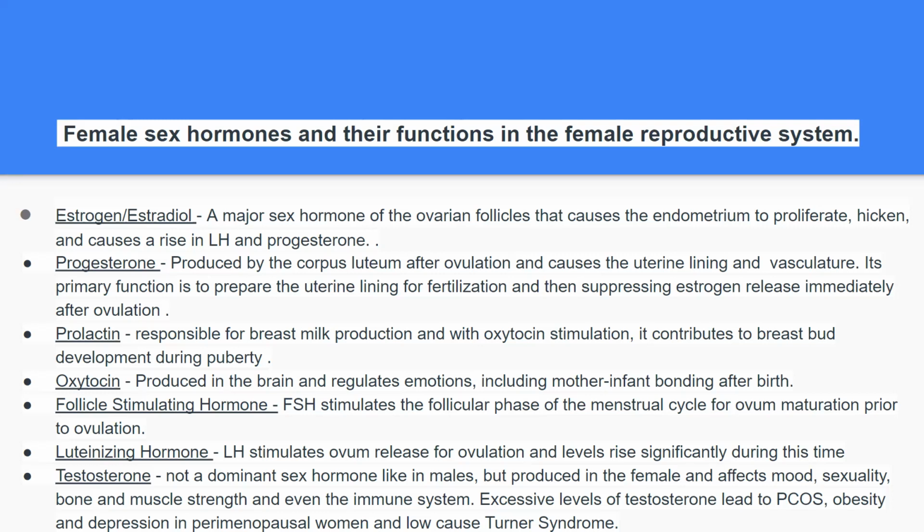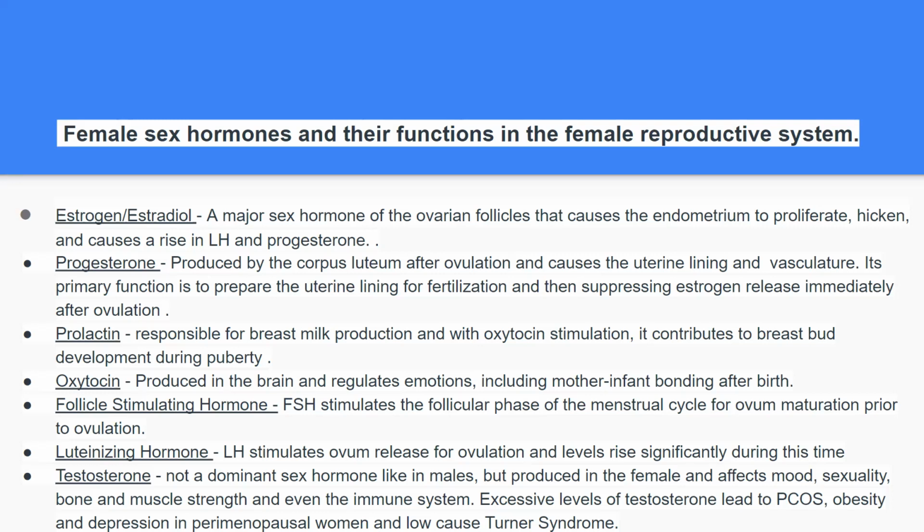Progesterone is produced by the corpus luteum after ovulation and causes the lining and uterine vascular mechanisms. So it actually promotes the vasculature in the uterus. The main function is that it prepares the uterus for fertilization, and at the same time, it suppresses the estrogen release,